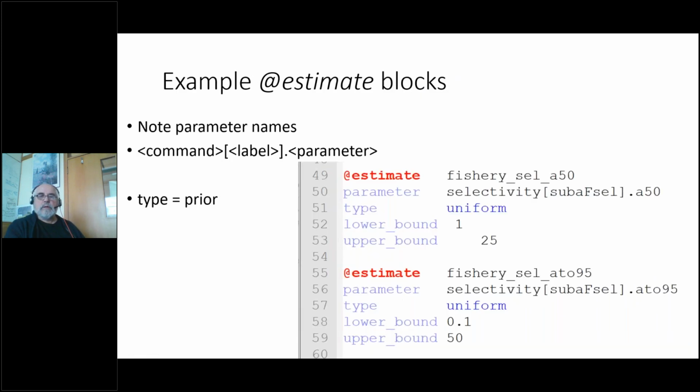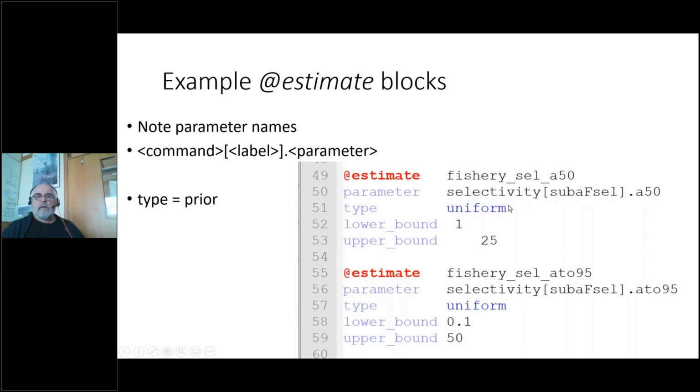And I think this is getting towards the end. So the next thing you need to specify is @estimate blocks. So you need to estimate some parameters. The parameter names have this command, square bracket, label, close bracket, dot, and the parameter name. So we've got an @estimate. Here's a label. This is just a label. The parameter is selectivity in a block called Sub-AF, and it's